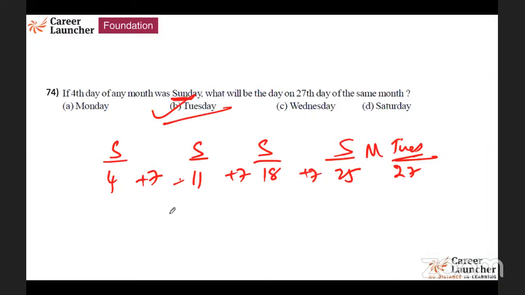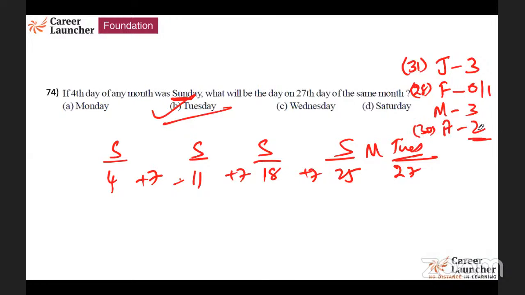So every 7 days, you get the week. Every 28 days, you will get it. So you can make this out. For example, January: how many odd days are there? January has 31 days, so 3 extra days are there. February, either it is 0 or 1, because if it is 28 days, it is 0. If it is 29, it is 1. March, again 3. April has 30 days, that means there are 2 extra days. So you add the extra days for this.